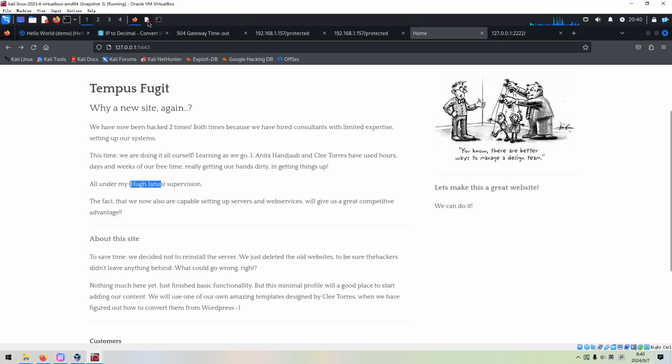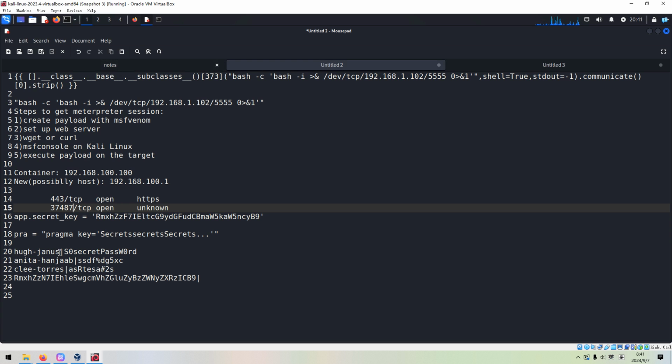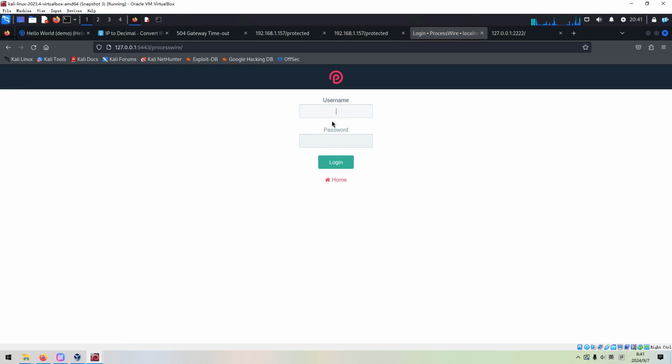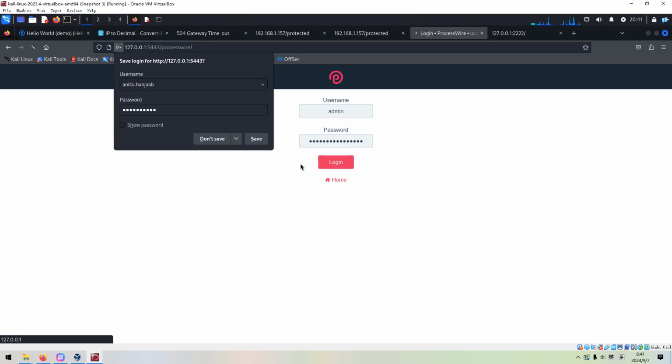If you try to use this username and password, you will fail. Actually, for this administration, the username is admin, and we can copy and log in. The username is admin, and password login.